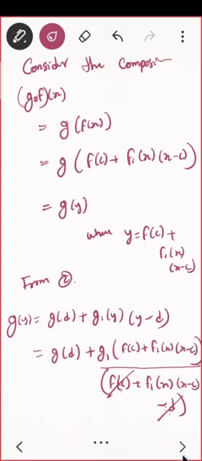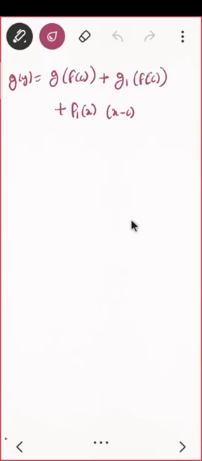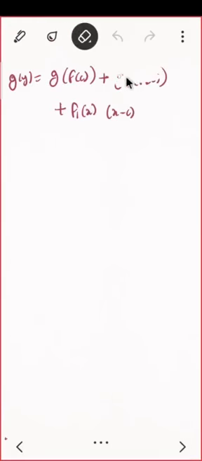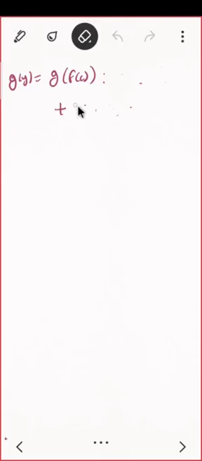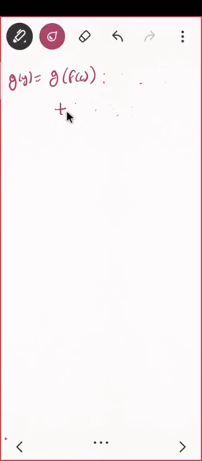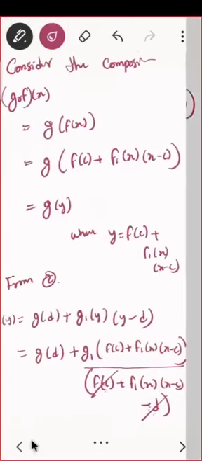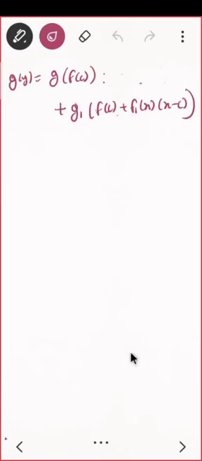Just write the whole term again. That is g of d plus g1 of, so I should write it here maybe in the denominator. It would be what? g1 of same thing, this will remain as f of c plus f1 of x into x minus c, and this is multiplied to what? I'll just remain with this thing, f1 of x into x minus c, that is multiplied into f1 of x into x minus c. So this is what now I am having.